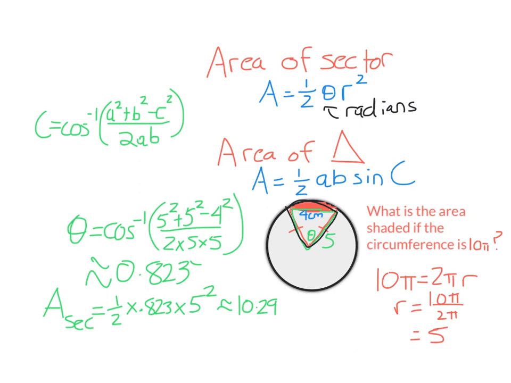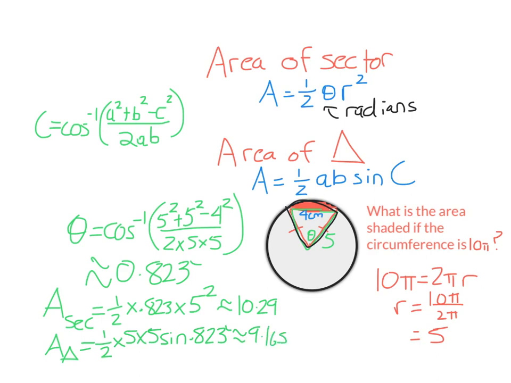Now, when I'm finding the area of the triangle using half AB sine C, it doesn't matter whether this angle is in radians or degrees. It just matters that your calculator is in the right mode. So I'm going to use C as 0.823 radians, so my calculator needs to be in radians when I do this calculation. So putting that in my calculator, I get an answer of about